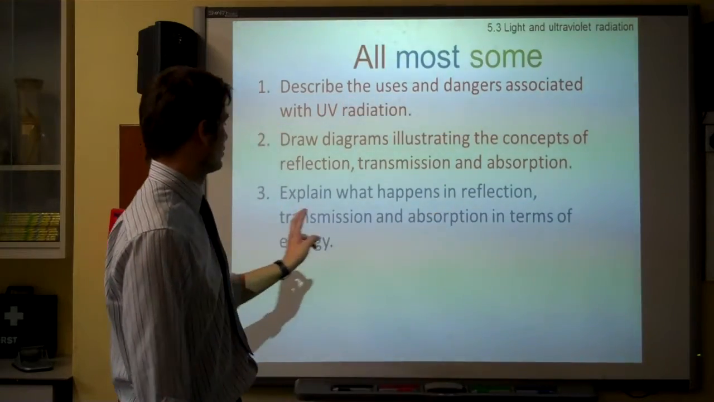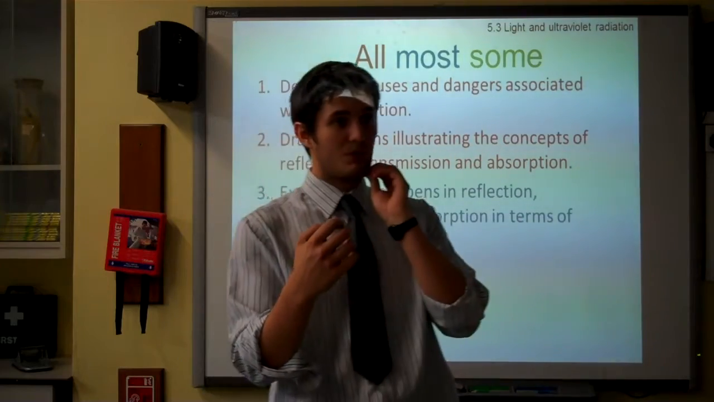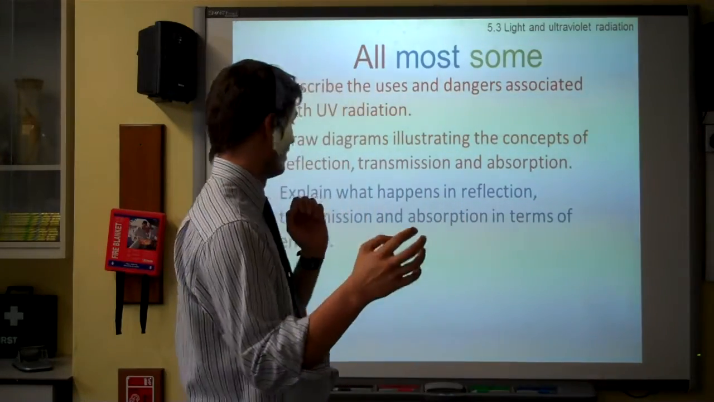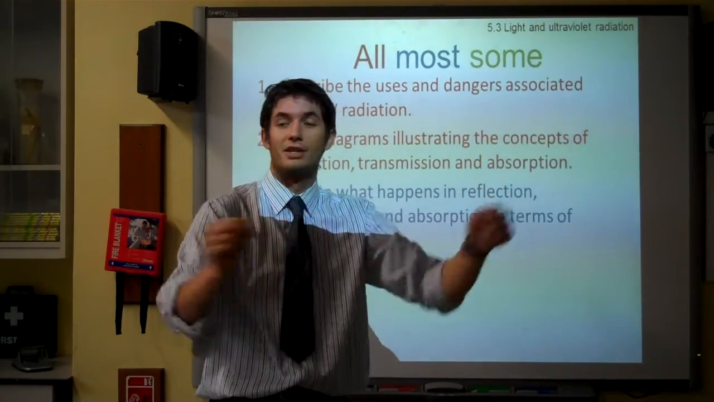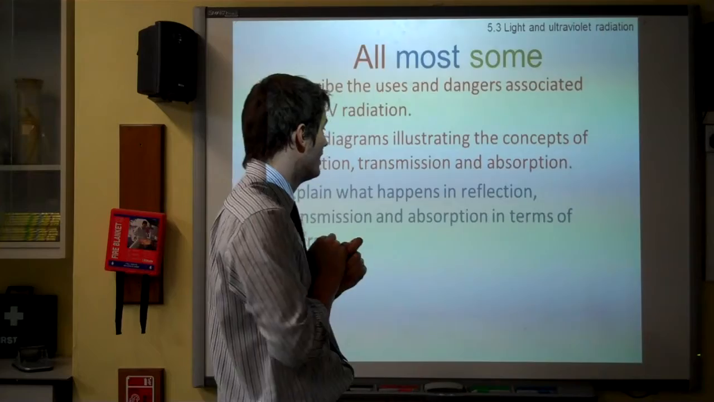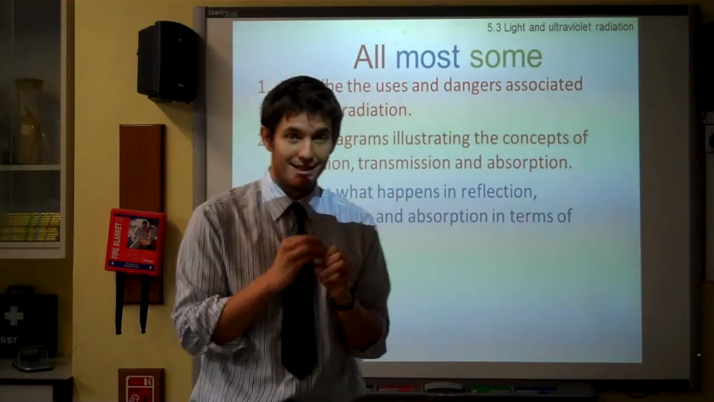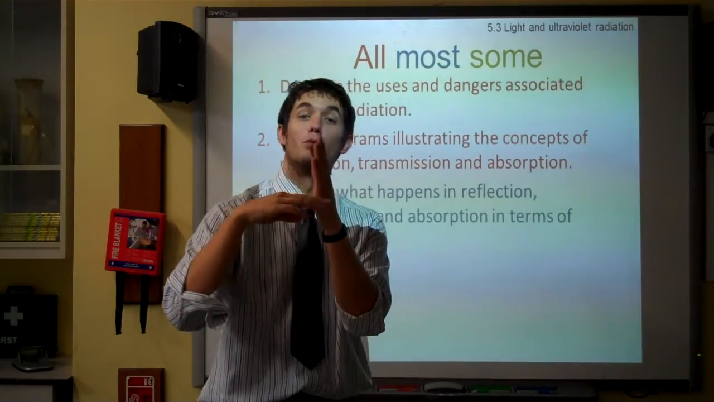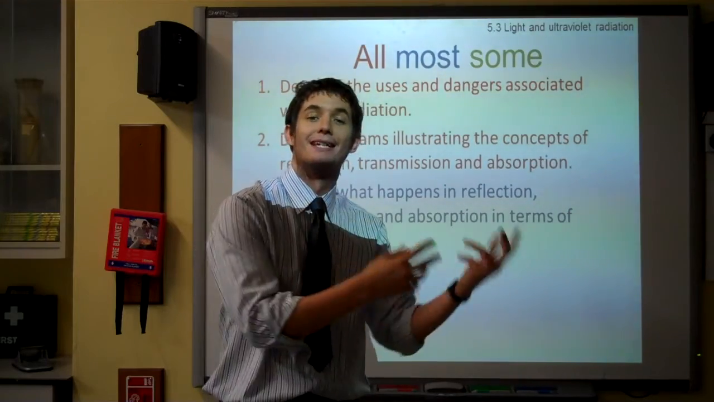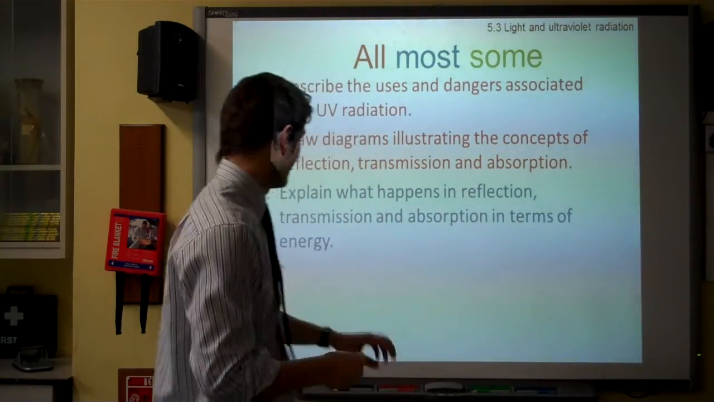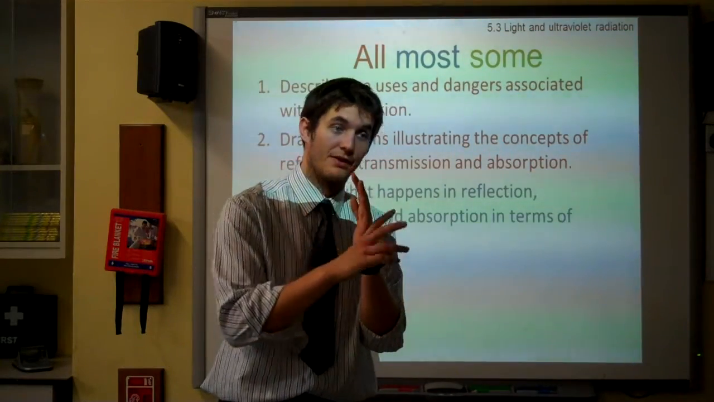Explain what happens in reflection, transmission and absorption in terms of energy. So again, when something is reflected, there should really be no loss of energy. The reflected light should be of the same frequency. When it's transmitted, okay, then it goes in one side, might lose some energy on the way through, and then be emitted as a lower frequency, so the energy will decrease. And absorption, again, the energy is